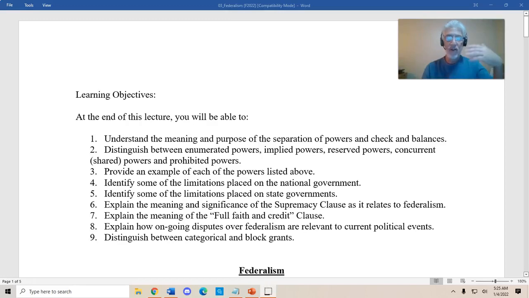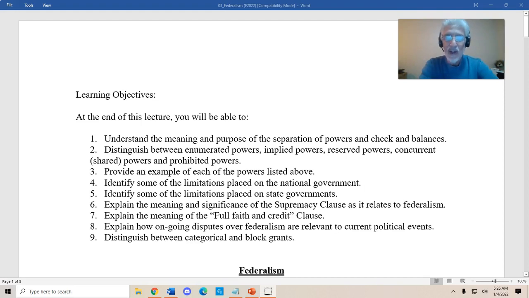Now we're going to move on to a new set of lectures on federalism. In my experience, students don't seem to be particularly excited about the prospect of talking about federalism. Probably some political scientists aren't excited about the prospect as well. But I have to tell you that federalism actually winds up being a really significant concept in our lives.